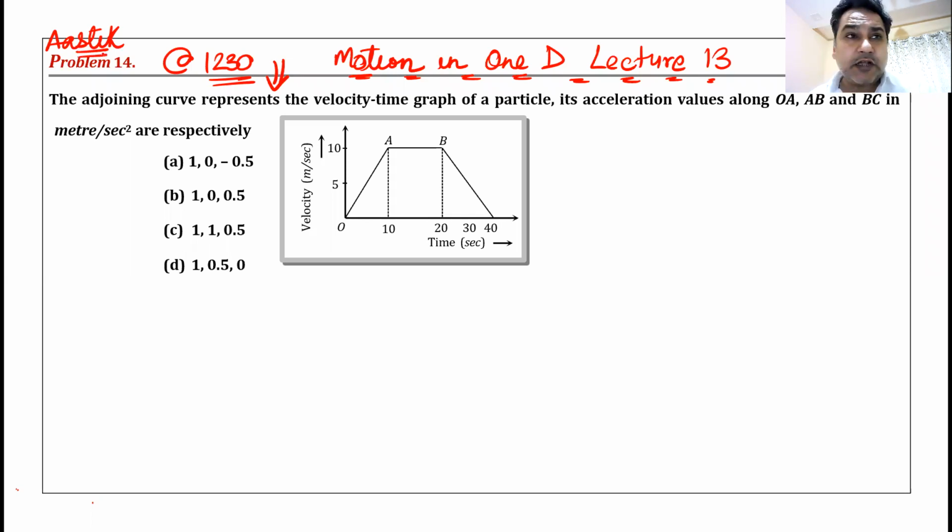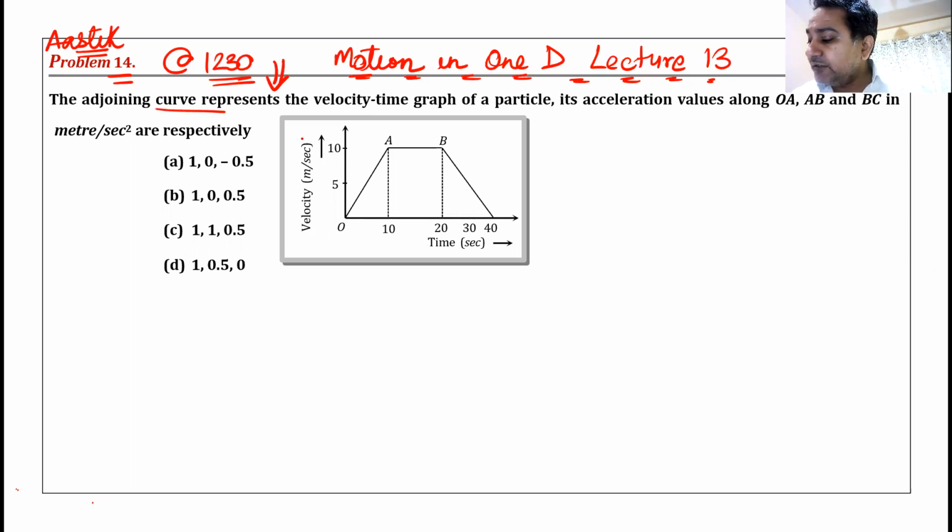Okay. Now, as far as I remember, in yesterday's class, we were doing the velocity time graph. We had seen that the slope of velocity time graph gives us acceleration, and area under velocity time graph gives us both the distance as well as the displacement. So we'll be doing one question. This is question number 14 taken from your notes. So we'll go through the question.